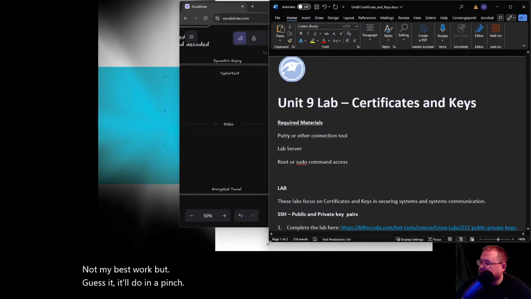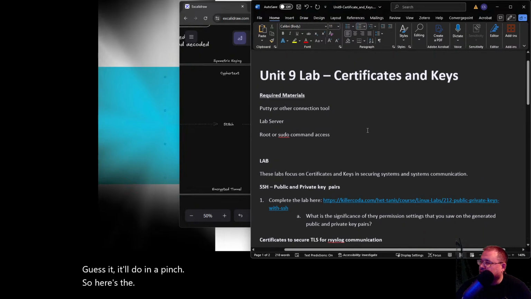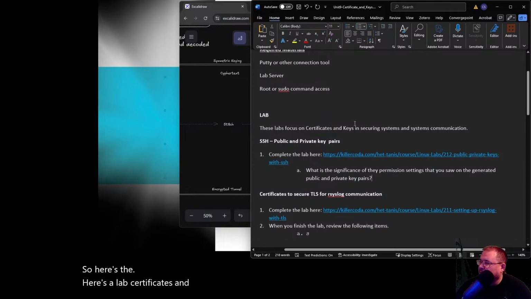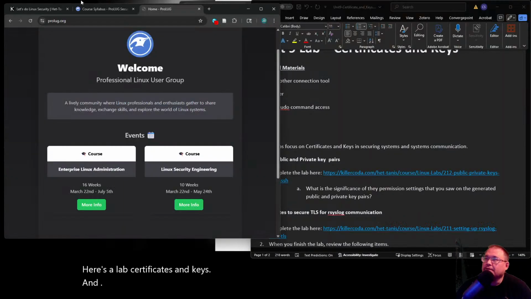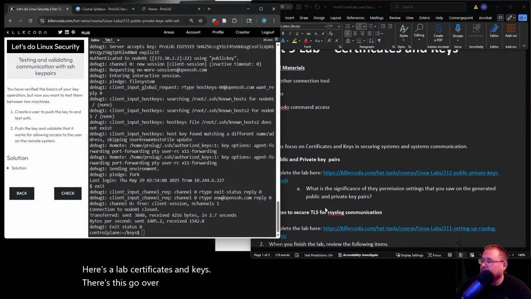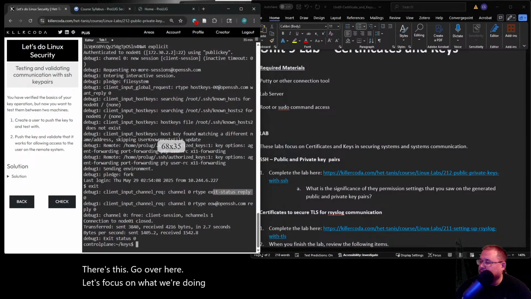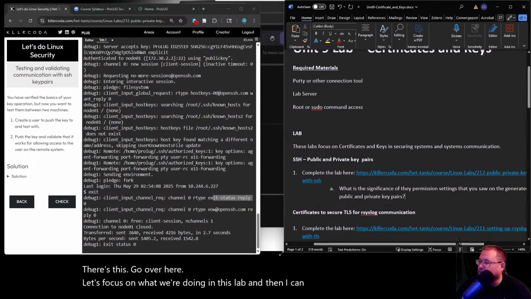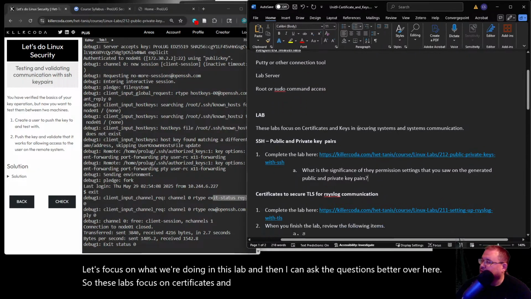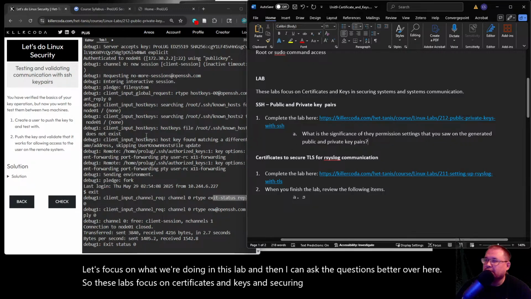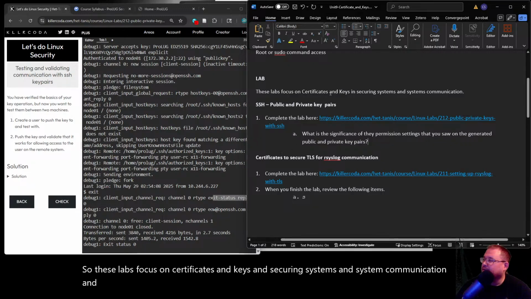So here's the lab, certificates and keys. Let's go over here. Let's focus on what we're doing in this lab, and then I can ask the questions better over here. So these labs focus on certificates and keys, and securing systems and system communication. And then it's keys.